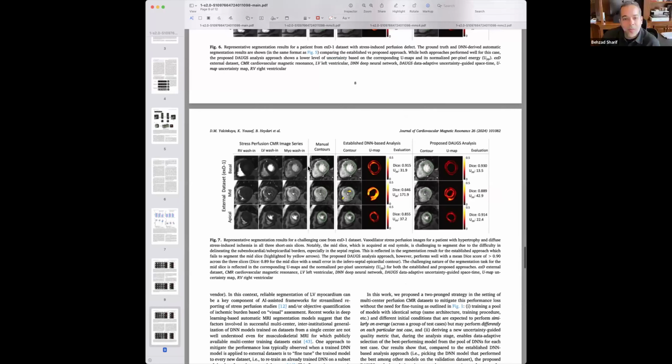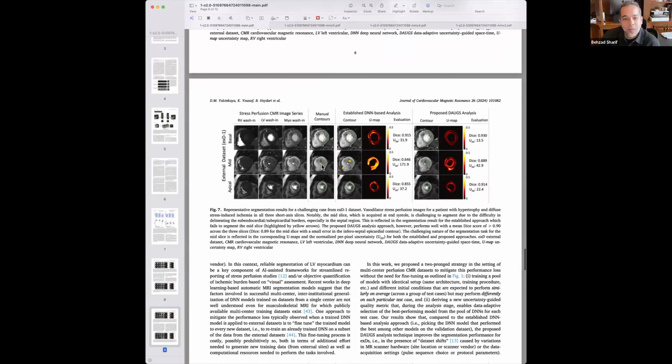More importantly, when you go to the more challenging cases, this is a hypertrophic cardiomyopathy patient. You see, especially in the systolic slices, it's even hard for an expert, for Matthias, to segment these things because there's very little blood pool, and it's hard really to detect where the subendocardial contour is. So the conventional method completely fails. And what's nice is that it's also reflected in the uncertainty metric, even with the conventional method, because that's a general approach. In our automatic segmentation, the performance is much better thanks to the model selection technique.